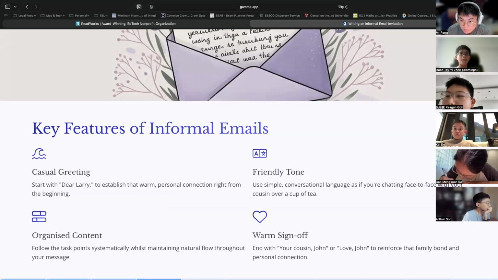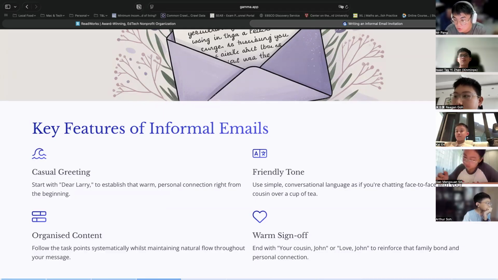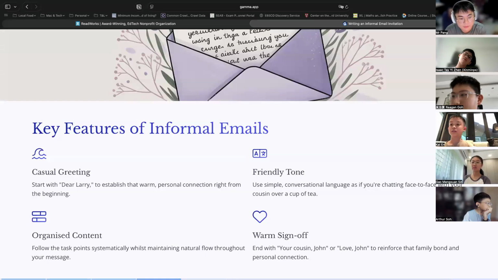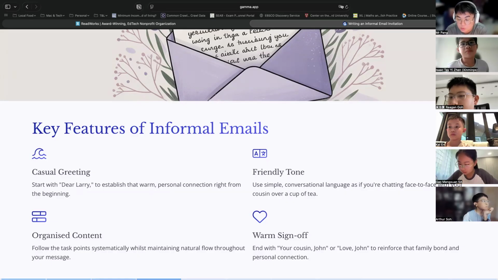So, very simple. Key features: always start with "Dear Larry." You could do "Hi Larry" as well, but for the sake of uniformity, let's all use "Dear." Is that okay? So capitalize the D for "Dear" and then capitalize the first name of the audience that you're writing to, in this case, Larry. Be careful not to confuse John and Larry. So for the personal connection, use "Dear Larry." Friendly tone means you are allowed to use exclamation marks to show excitement. But do you overuse them? No, right? Be very careful. Don't overuse, don't abuse exclamation marks. Only use them when you want to express genuine excitement and engagement of your writer.